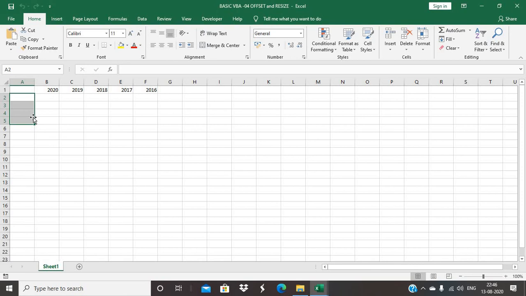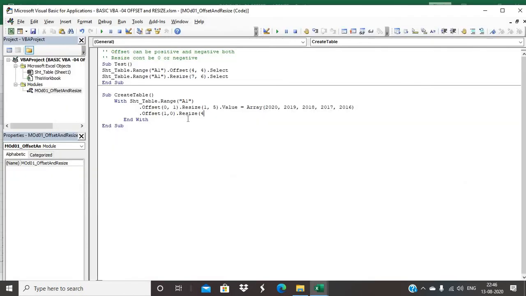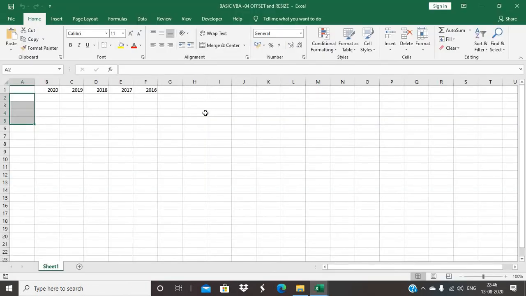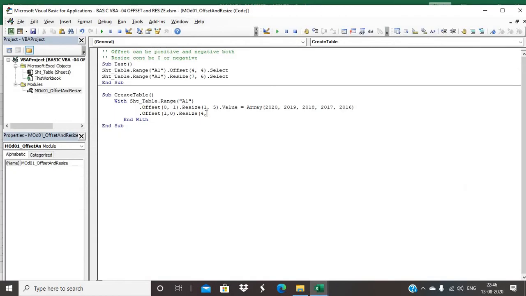As we need to put 4 rows, that will be 4. And then we are not resizing the column, so the column will always be 0 to 1. Okay. Then value